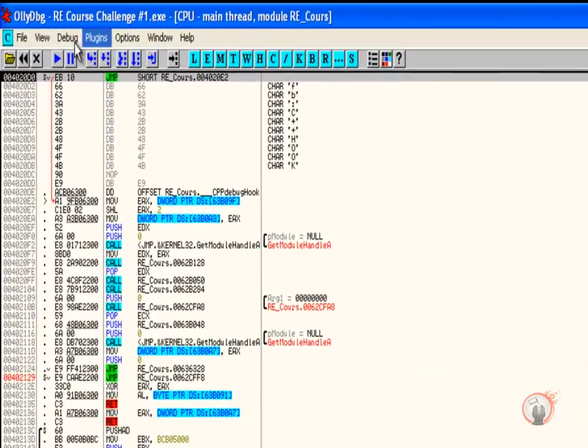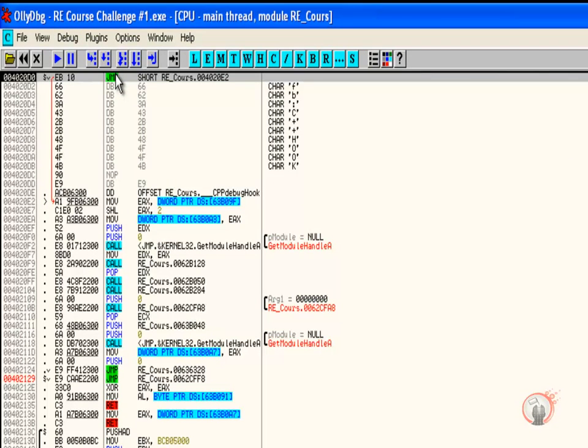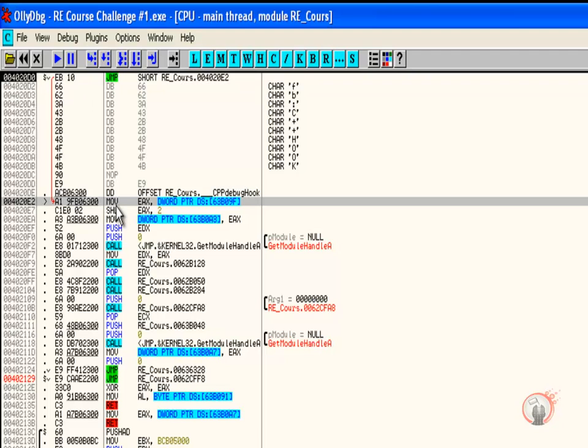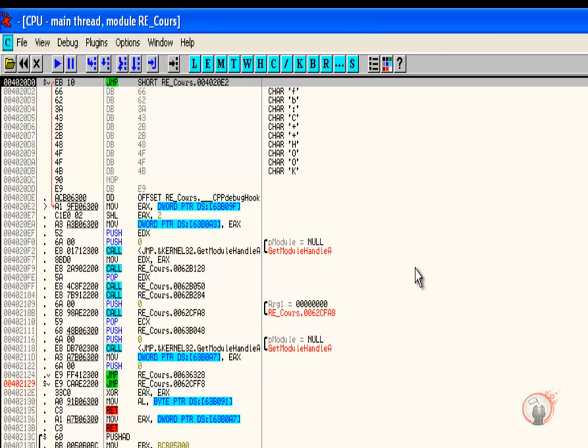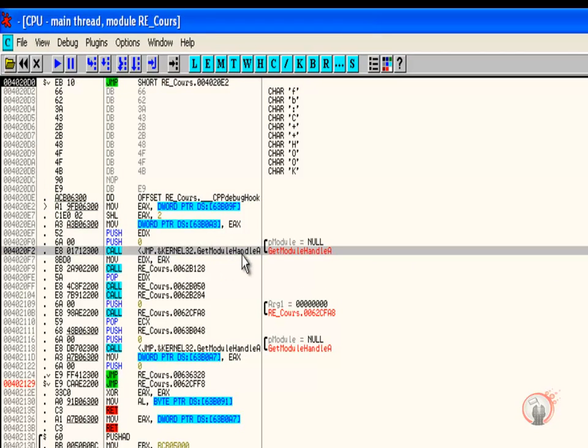At this point, we are at the entry point of the application, which in this case is a short unconditional jump that brings the execution here. This entry point is generated by the compiler, it's not written by us. And you can also observe the first API that's going to be called,